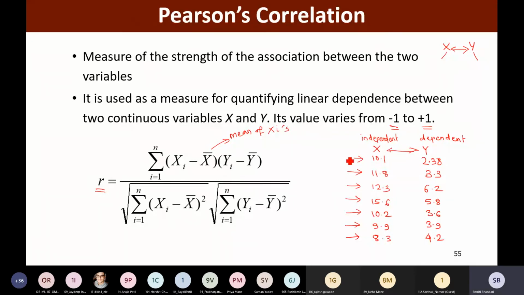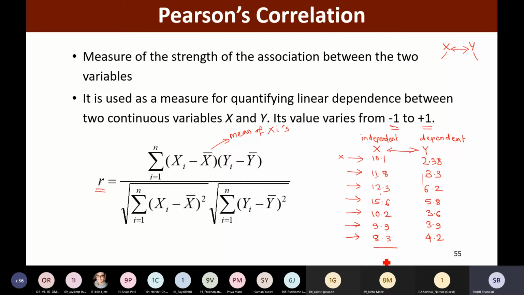So these are the xi's. This is my first sample, the first value xi, and all these are the xi's and all these are the yi's. In my training data set, whichever are my training examples, I'll have that many values for my xi or x variable, and for the y variable I'll have that many values.